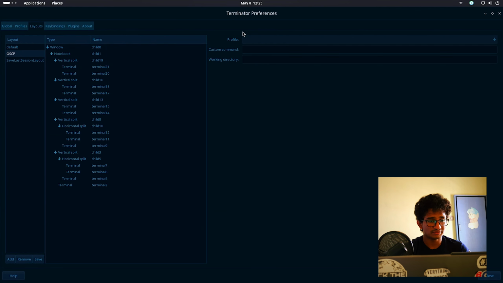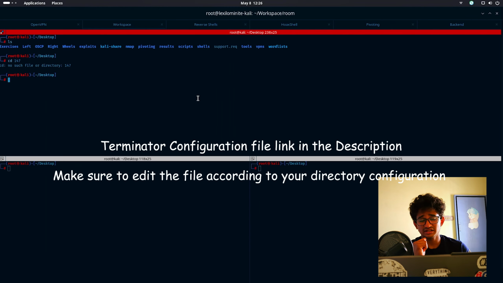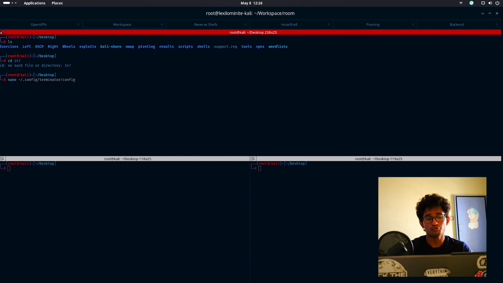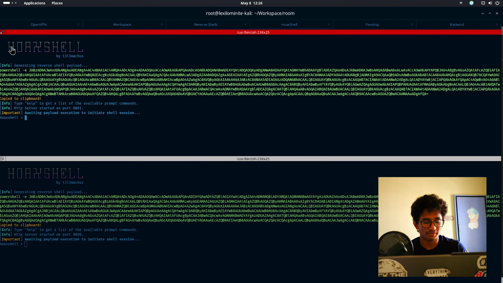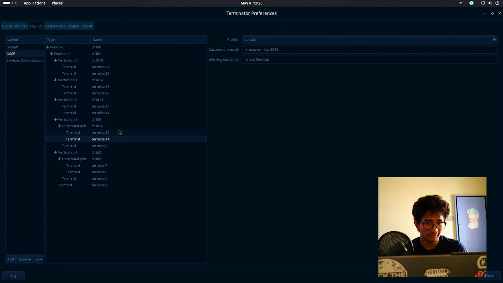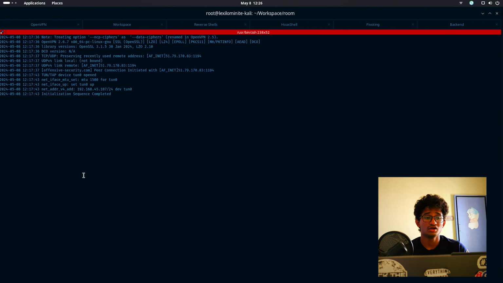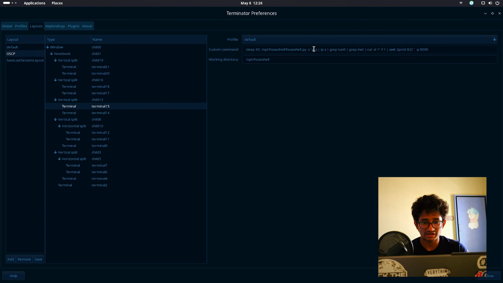If you go to layouts, you can see my OSCP layout, and this will be in text. This configuration is actually saved at nano, and in your home folder .config/terminator/config you can see everything. I will open it in Sublime. So you can see this if you just copy this and paste, mostly if this hook shell is in your proper directory according to this layout. For example, these all reverse shells run in /root/desktop, and this hook shell will run in /opt/hookshell. If it is in your hook shell directory, it will work absolutely fine, and it will wait for 30 seconds. I have kept it because OpenVPN sometimes takes a little while to connect and get an IP address. So as this gets an IP address, for example, if you paste this,